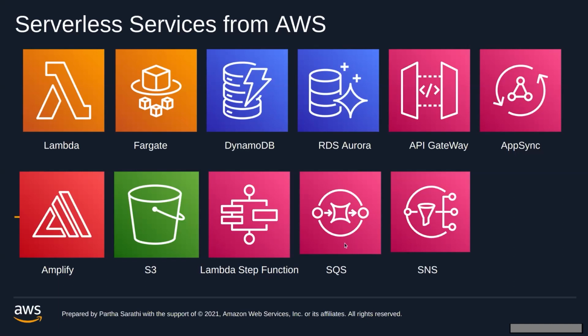And then SQS is another queue service from AWS. It will maintain all your queue related operations. SNS is a notification service from AWS. All the push notifications can be handled from AWS with SNS, and both of these can communicate with S3, DynamoDB, and Lambda. You can trigger them with those services. So these are the core serverless services from AWS, which will be responsible for building your serverless